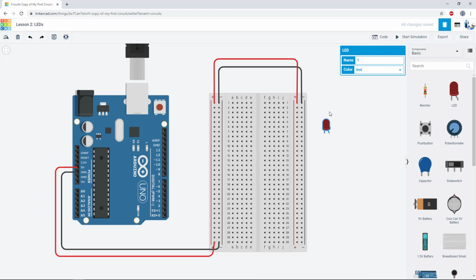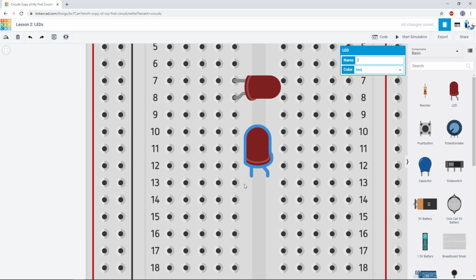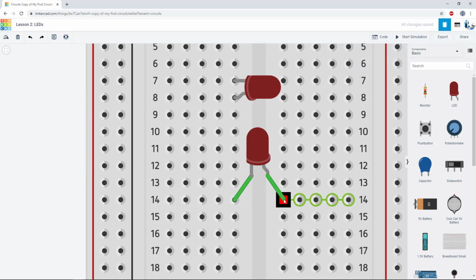Once the LED is in the circuit area, you will get a pop-up window where you can rename it and change the color. You can also rotate it using the rotate button in the upper right. So again, this is a matter of personal preference in terms of how you connect it to the breadboard. The LEDs are designed such that the two leads are spaced to fit into two adjacent rows on the breadboard. But if you wanted to connect it across the gap in the middle of the breadboard, like I would typically do if I was doing this in the lab, you can set the LED and then use wires to connect each of its leads to the breadboard.